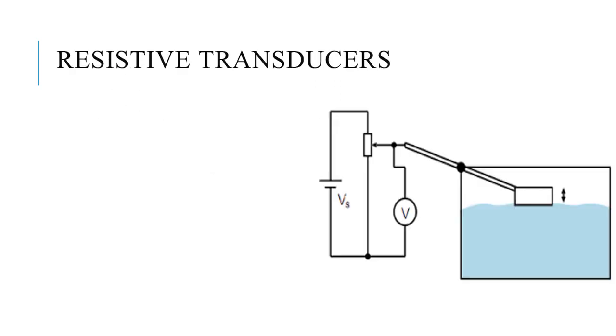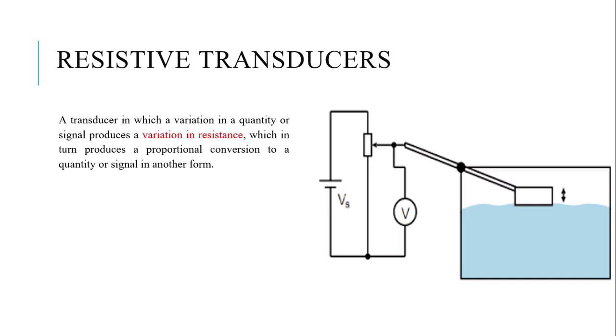So what is a resistive transducer? This can be easily understood by your water tank. On the right side you can see there's a water tank, correct? And depending upon the level of your tank, the resistance of this transducer will change. You can see there's a DC energy supply, correct? Then the movement of this contact onto this resistive wire depends upon the level of water in the tank. As the water level increases, the resistance increases, and finally it reaches the final point and gives you the buzzer sound. Correct? So it is a transducer in which a variation in a quantity or signal produces a variation in resistance.